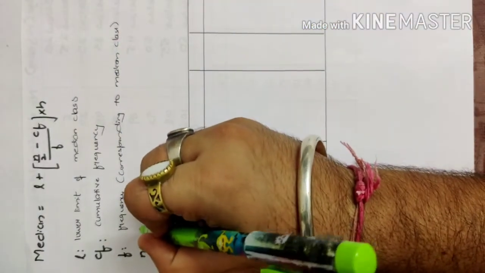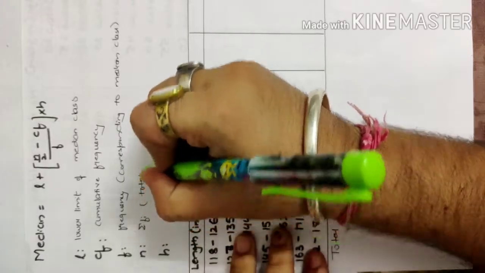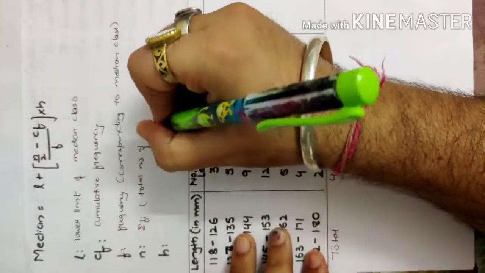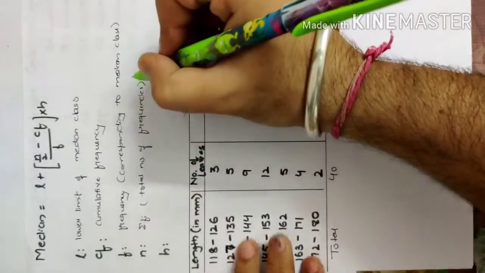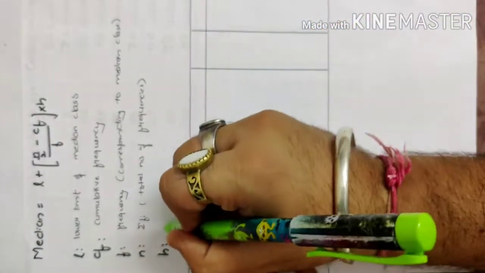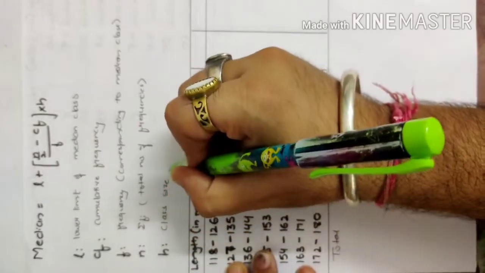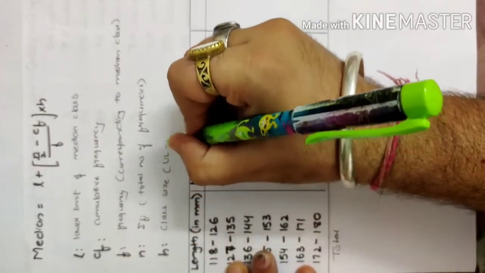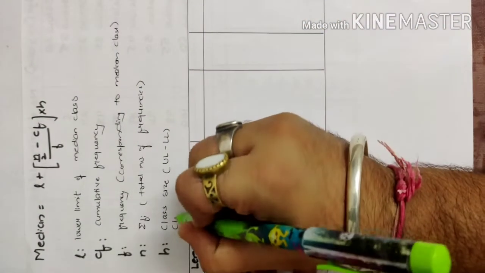N is sigma Fi, or the total number of frequencies. H is the class size, upper limit minus lower limit, or the class size or class height, you can say,